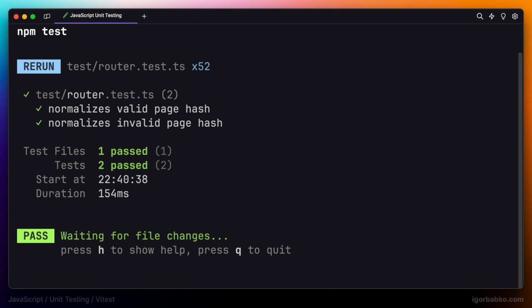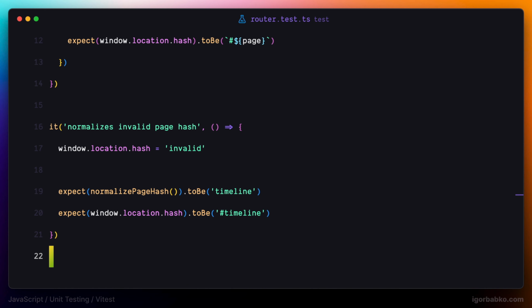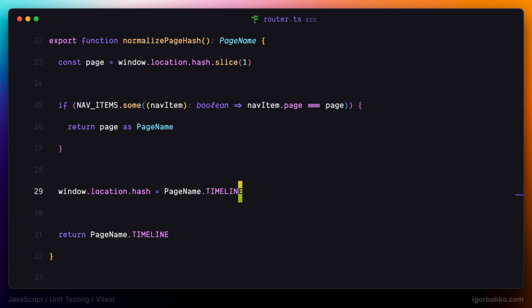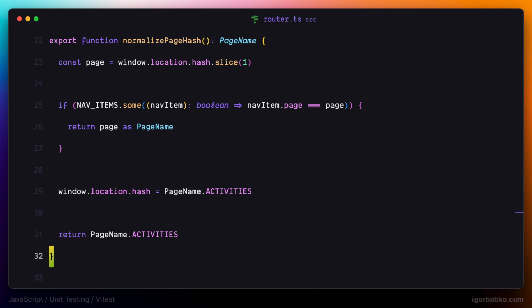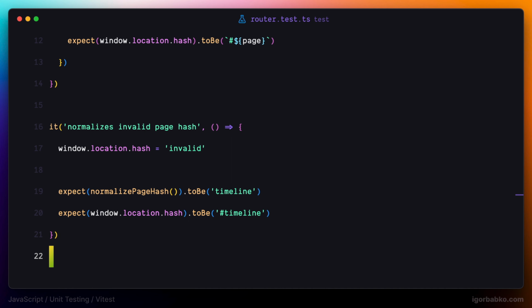They are all passing. But if we're going to modify initial function in some way, and instead of assigning timeline to the hash, we're going to assign name of the activities page, right away we're going to get an error after running tests. Before finishing this lesson, let's just improve the implementation of this test function a little bit